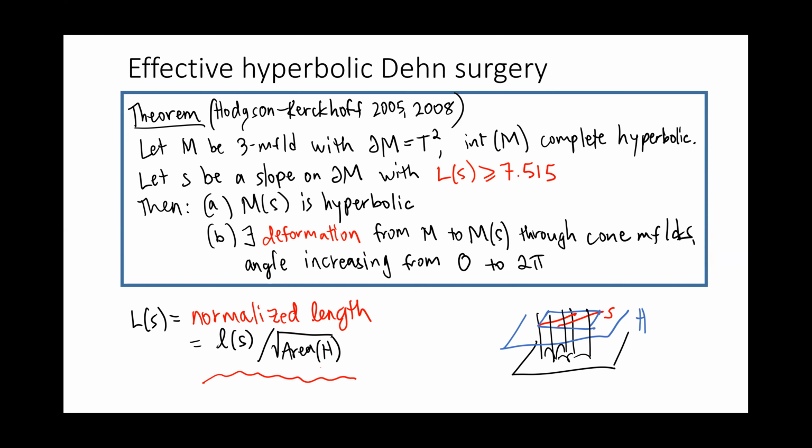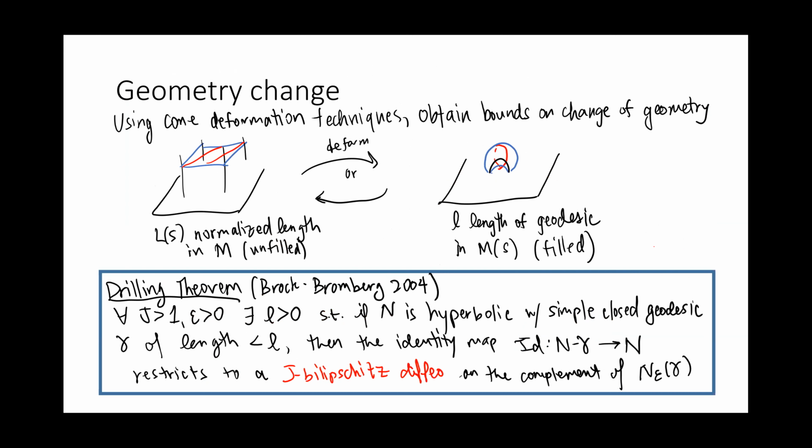Okay, and another nice thing about this particular proof is it's a lot of analysis. And so you can actually get bounds on the geometry of these cone manifolds as you go. So remember, Dave and Saul and I, we want effective bounds. This is a good start. They show that this happens. If you look carefully at their proof, the idea is maybe you could say more. And other people had done this. So using cone deformation